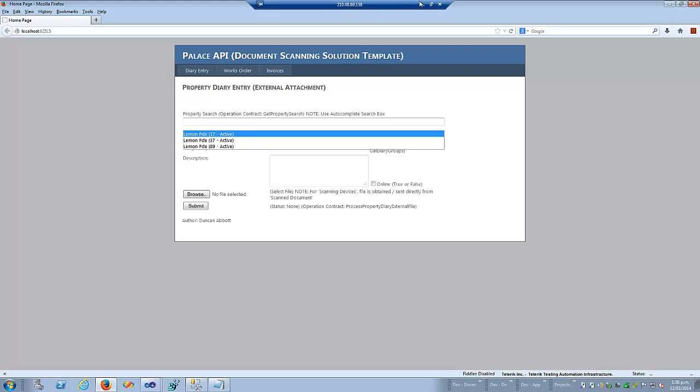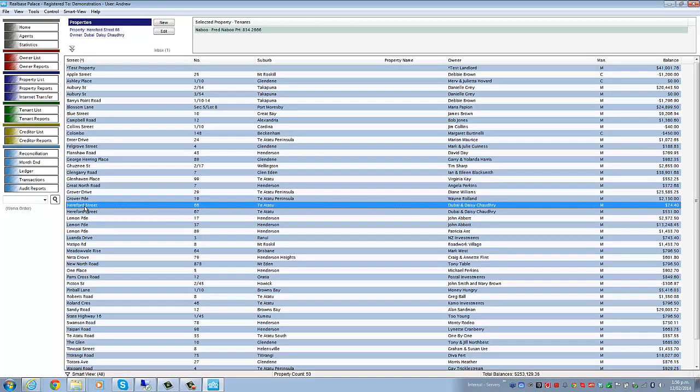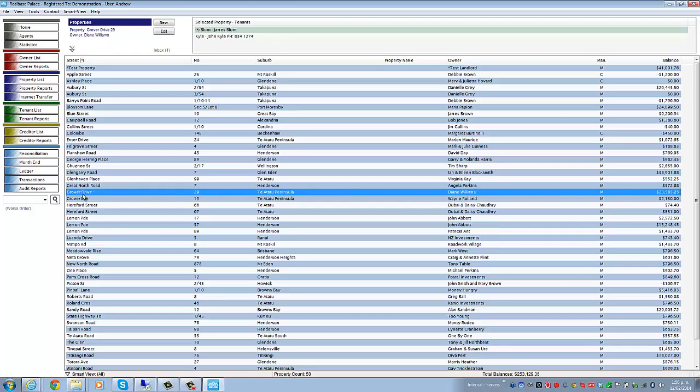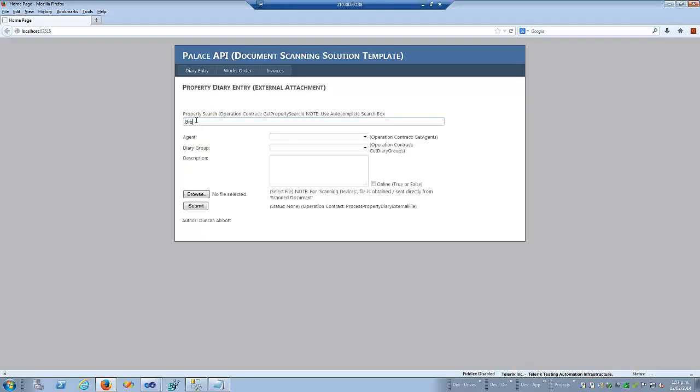To give you one more example, if I were to talk about Grover Drive, GRO, same situation, and you'll notice it sort of autofills. That might be a nice way to do it if you were developing it on a device, and it would just pop up after the first 3 letters with a list of what's available under that. So I'm going to stick with Grover for now, and I'm going to click on that, and I'm going to